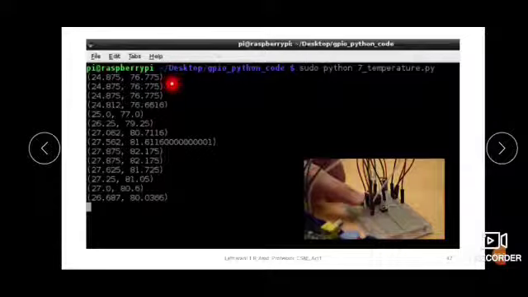See, it will read the temperature, display, sleep for 1 second, then read the temperature and display, sleep for another second, read the temperature and display. Like that it keeps looping. It will simply keep reading the temperature and printing it. See, when the finger is kept near the temperature sensor, it slightly increases the temperature. You can notice that here, right? It is initially on average 76, 77 till 79, but when the finger is kept near the temperature sensor, the temperature increases a little. So you can notice that in these readings.